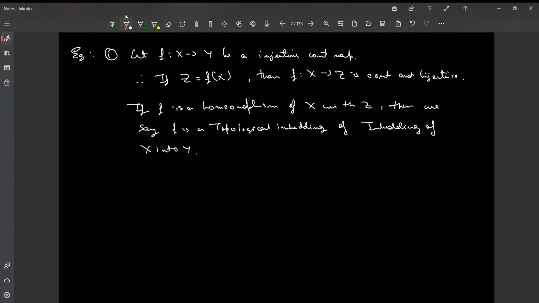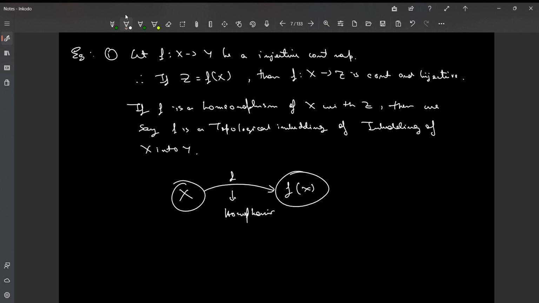So in the previous lecture we had discussed that homeomorphism typically implies that the two topological structures are equivalent, right? Therefore, if you have a homeomorphism between a topological space x and the image of the function f, which is contained in some topological space y, then the complete topological structure of x can be considered to be within the topological space y because of this homeomorphism, right? That is, suppose this is x,